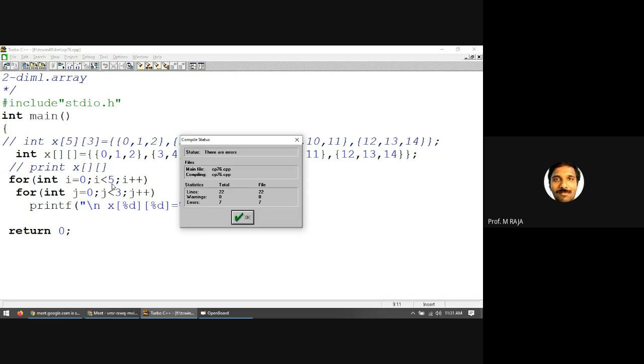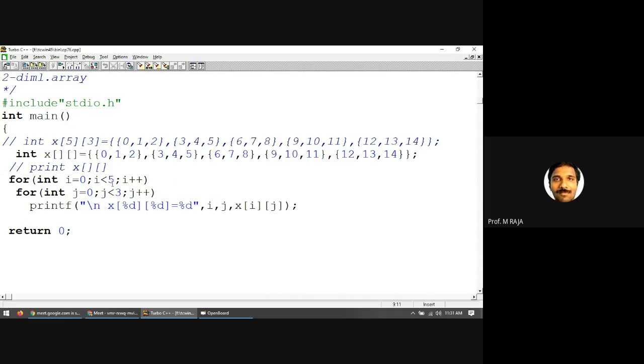When you miss the row size and the column size, this will not work. But in case of one-dimensional arrays, we have tested all possibilities. Here, in case of two-dimensional array, you must specify two dimensions,